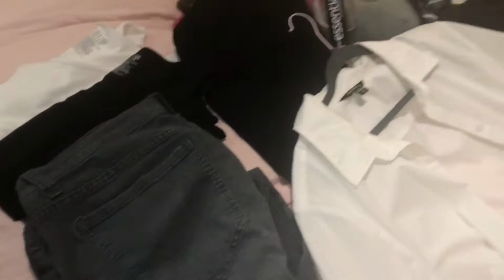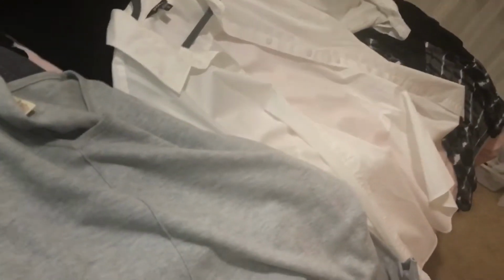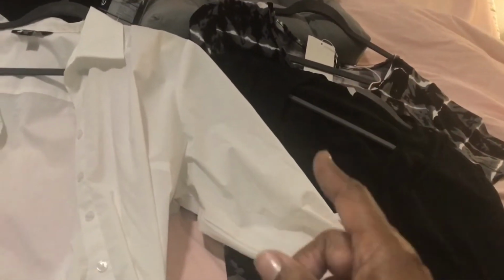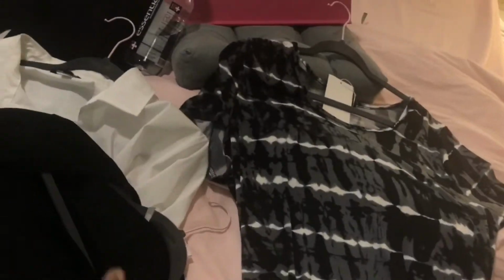And then I decided that I would use this for a sweater. It is a slip over sweater, and it has long sleeves, but it's lightweight. So it won't be too hot for me or too uncomfortable, but I can use it as an actual sweater, and it can go on top of the tops, and it can also go on top of the dress if I decide, and it also can go where I can tie it around the waist of the dress, the waist